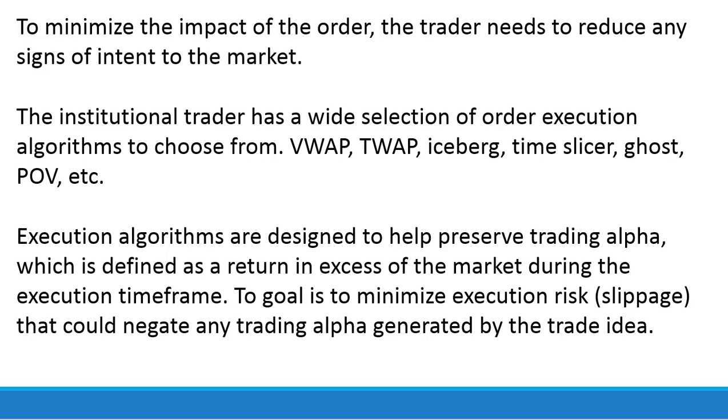Now, the institutional trader nowadays has a wide selection of order execution algorithms to choose from. They've got VWAP, TWAP, iceberg, time slicer, ghost, percentage of volume, etc. You could really spend an afternoon going over many of these different execution algos. Obviously, the most common is VWAP. I don't know if I'd consider iceberg an execution algo, but it's used by a lot of people to hide their size. Time slicer, ghost, percentage of volume is a common one also, where someone's got, let's say, buy me